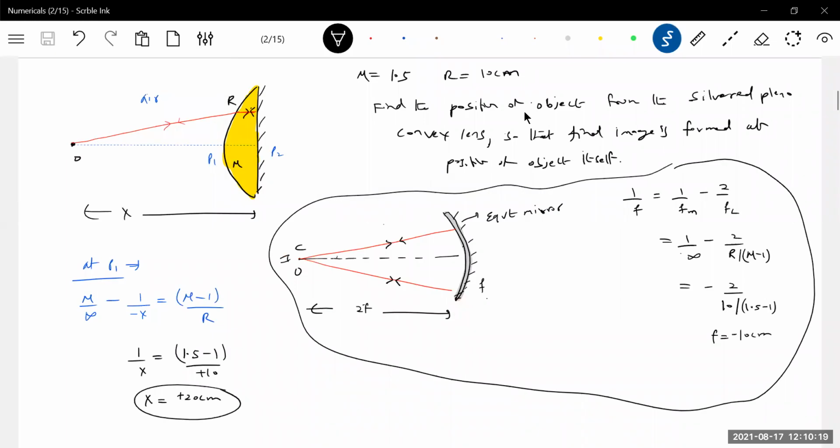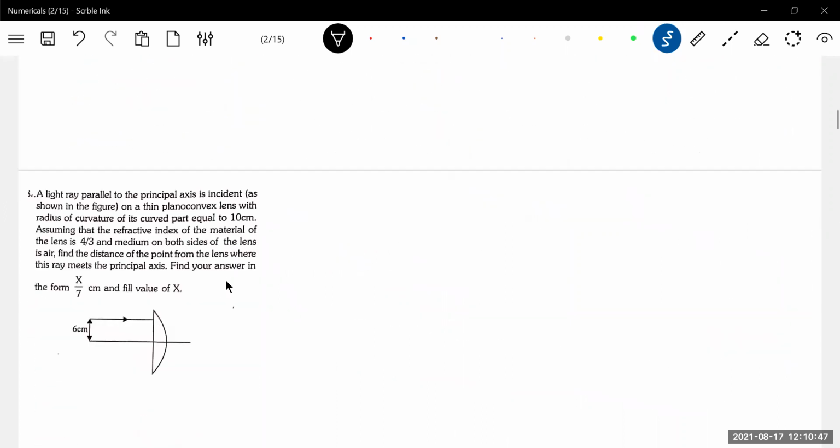I think there are some 20 questions are there, not 1, 2. You know to solve all the 20. If an object is kept at some point, the image should be formed there only. So usually that happens either with mirror should come or silver lens will come. So there are 20 numericals are there. Okay, all the 20 numericals, the method is same here. This is what a student has to do preparation now. Let's take the next one.